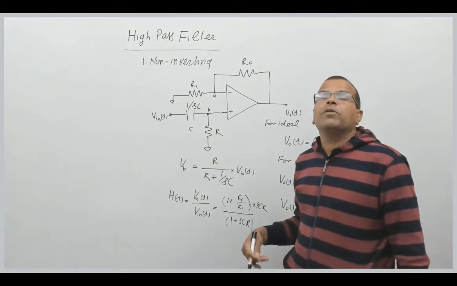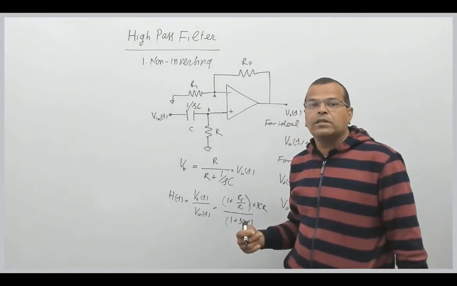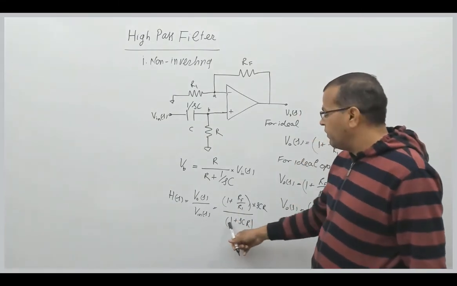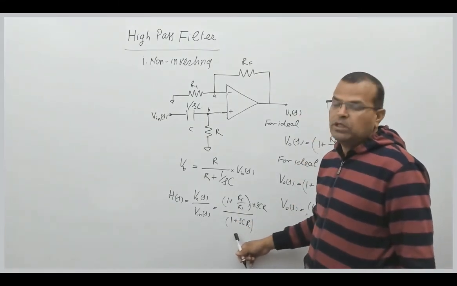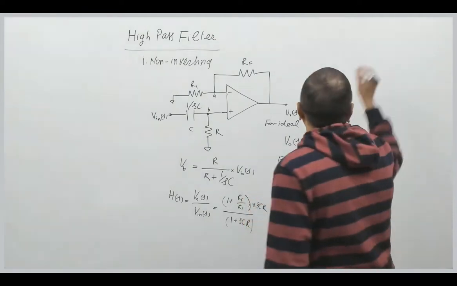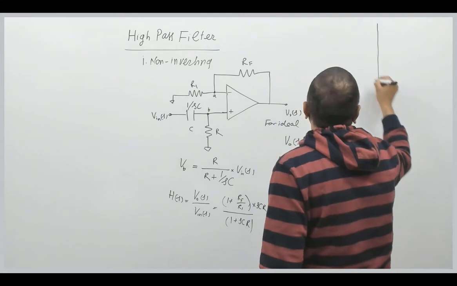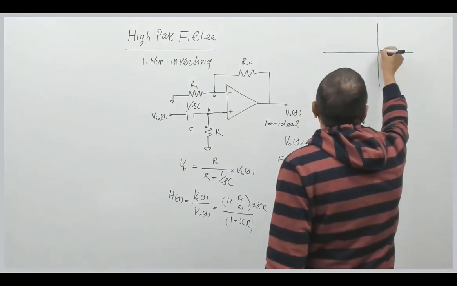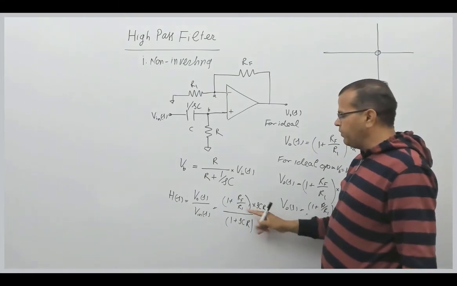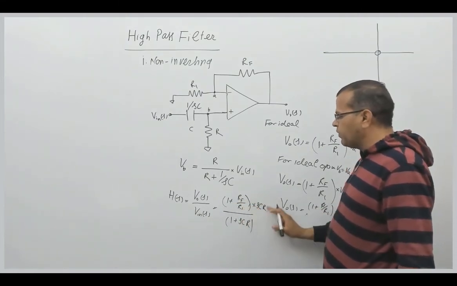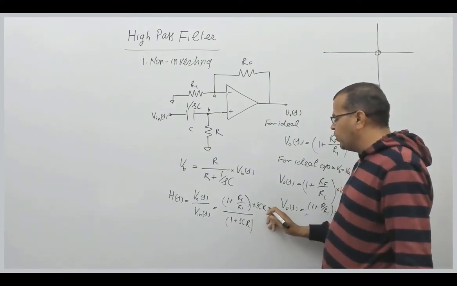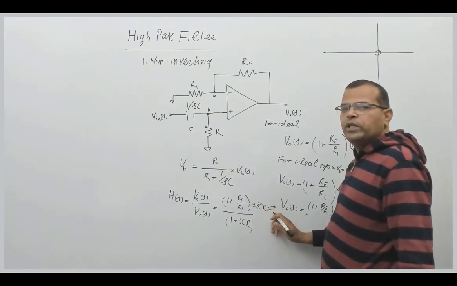So we can say the number of terms containing S or power of S in the denominator is nothing but the number of poles. So here we have only one term containing S, so this is nothing but one pole. So this transfer function of the high pass filter has one zero at the origin, because I have one term, and if you see what will be the factor of this, S will be equal to 0.